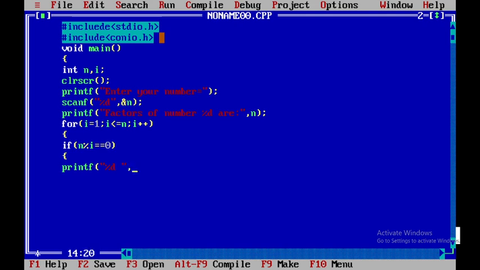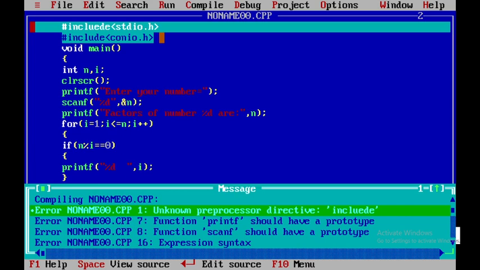We require some space between two factors, so percent d and i, since i is a factor of n. Finally getch and close main. So if you compile here, error,